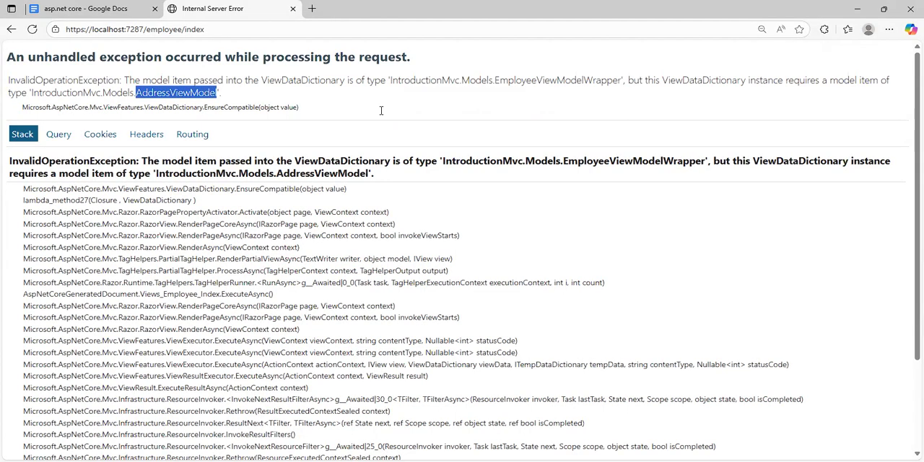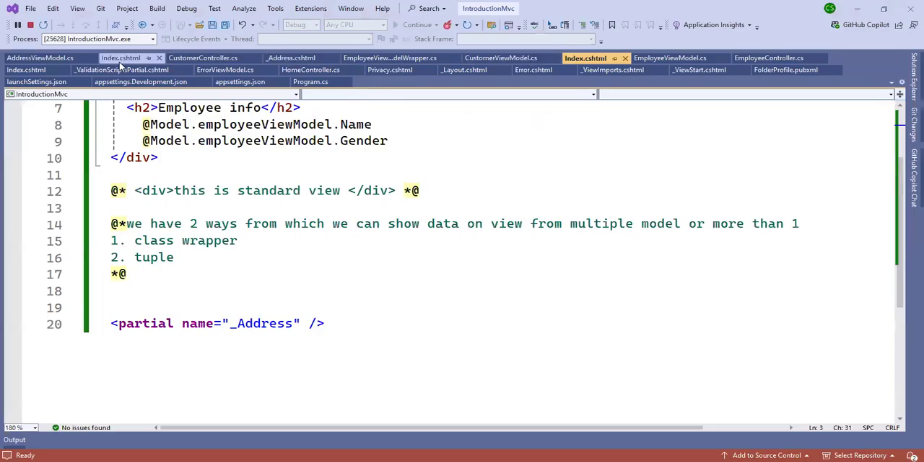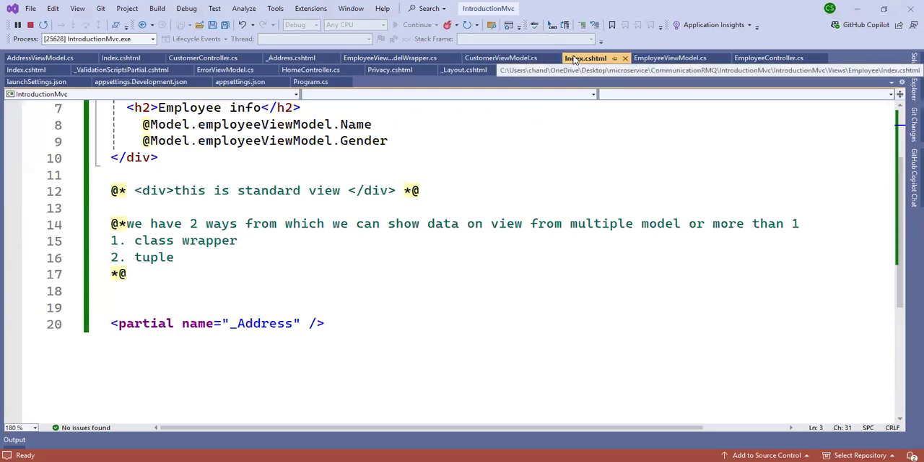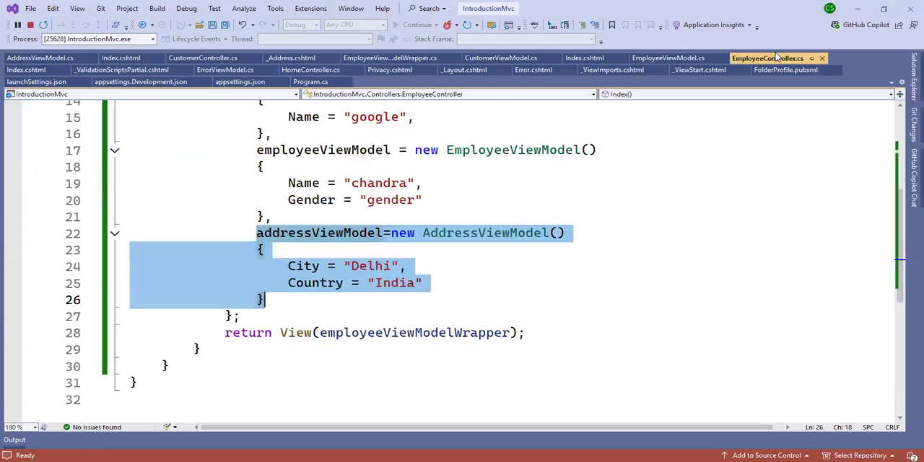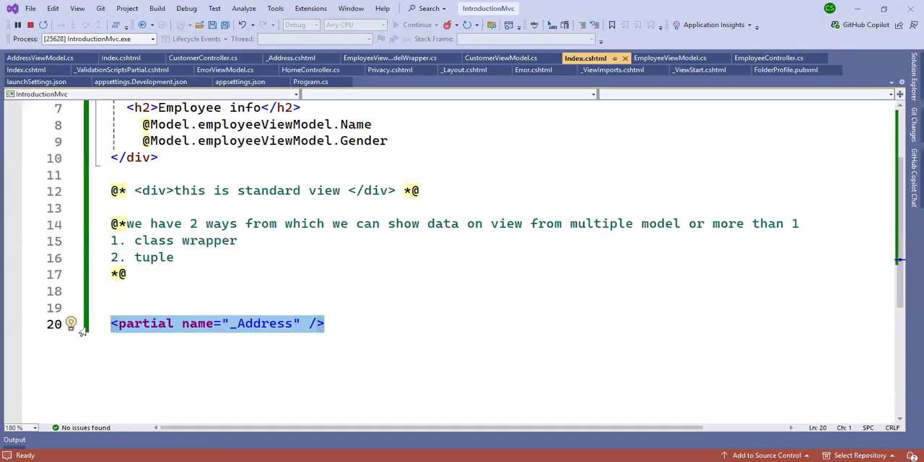Okay, index. This is customer. This is an employee. Okay, and the employee controller. Okay, here it is saying this thing is not working. Throw another way. At the rate